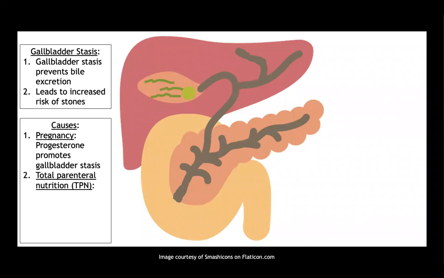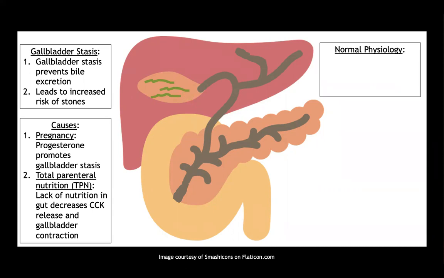in pregnancy. Another thing is total parenteral nutrition, which just means that all your nutrition's coming in through an IV line. Nothing's coming in through your GI tract. This is in people who are very sick. And in TPN, the lack of nutrition in the gut decreases our CCK release, which will subsequently decrease our gallbladder